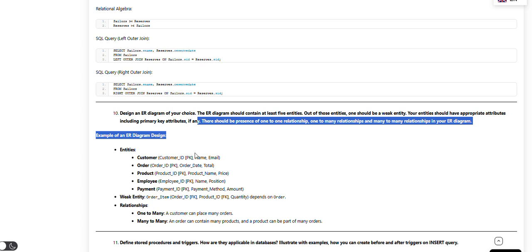Now, customer ID, PK, name, email; order, PK, order date, total; product ID, PK, product name, price; employee ID, PK, name, position; payment ID, PK, payment method; also weak entity, order item, FK, product ID, quantity, depends on other. Relationship: one to many, a customer can place many orders; many to many, an order can contain many